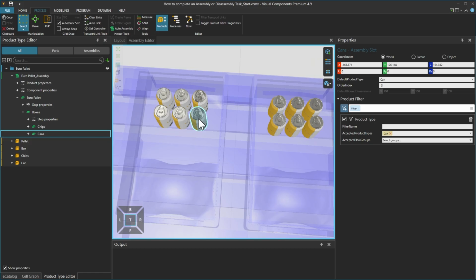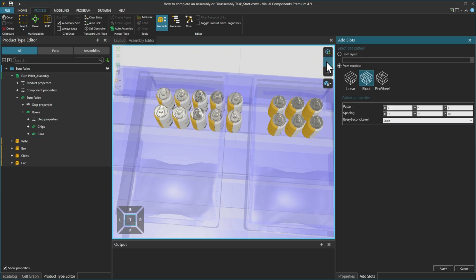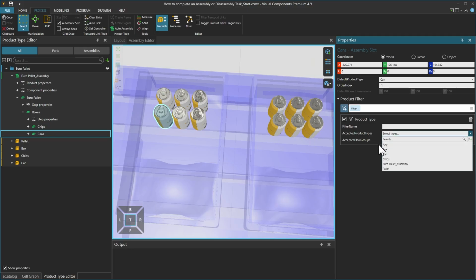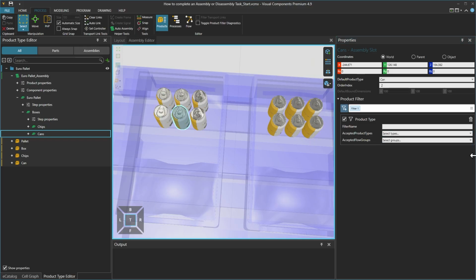This product filter was applied to the first can product type, and when we used an add slots pattern to create the rest of the cans, the same product filter was applied to all the cans. And note that if we wanted to later change the product filter for any of the product types inside this slot, we would need to modify each product individually.